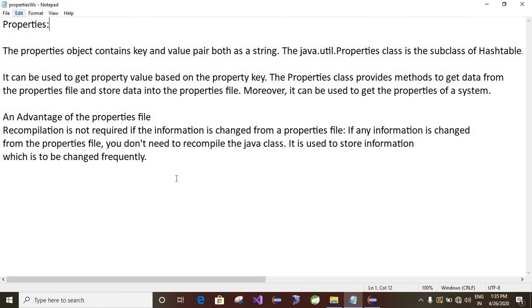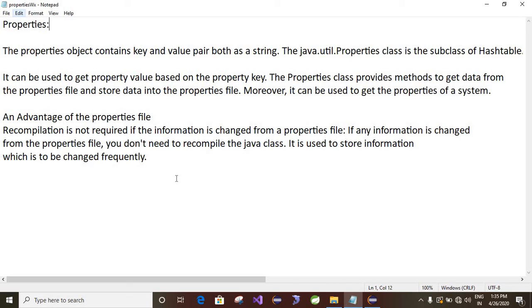So let us do a recap. The properties object contains key-value pairs, both as strings, from the java.util.Properties class, which is a subclass of Hashtable. It can be used to get the property value based on the property key.